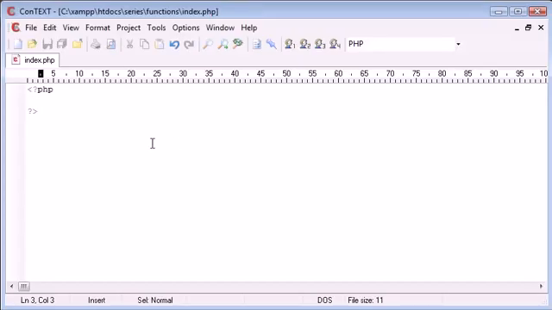Now in this tutorial I'm going to be talking about global variables and using them inside functions. You may come across the problem that when you're predefining variables outside of your functions and you're trying to use them within your functions, you might find that you're not getting any sort of response from this. The variable will not work, you won't be able to do anything with it. So let's use the example